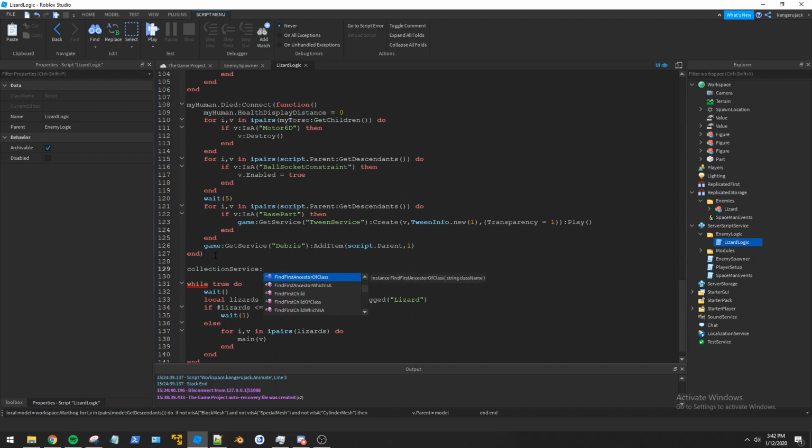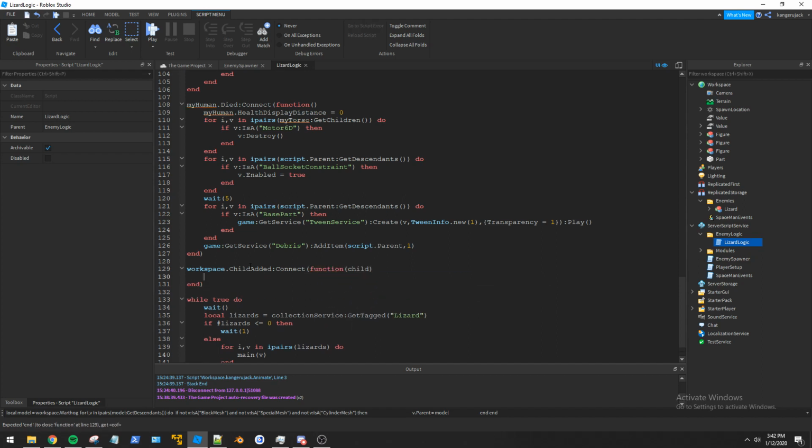As far as I can tell, no. One thing we could do though is check stuff being added to the workspace and see if it has a tag. So we can do workspace.ChildAdded:Connect, connect function, and then child in there, and then we can do